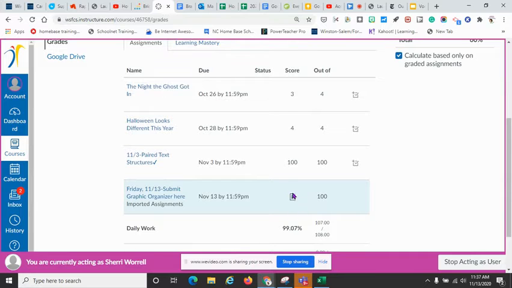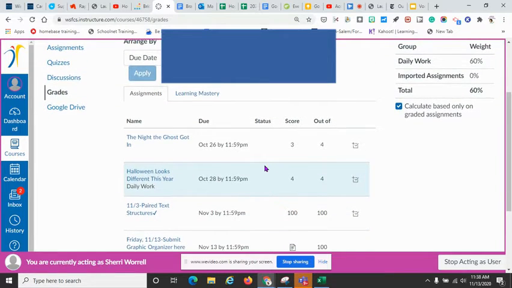Now, notice that there is a page icon here. This means the student has submitted it. It has just not been scored yet. So it was just turned in today, and that was the due date. The next thing that we can do